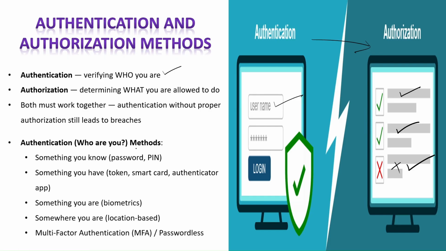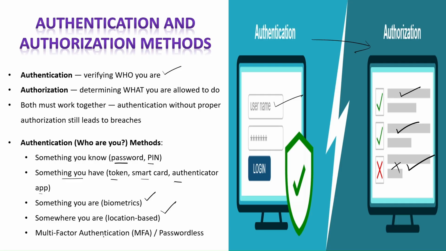So authentication methods. Authentication is verifying the user identity. There are multiple authentication methods such as something you know. These include the password and PIN, something you have, such as token, smart card, and authenticator app usually on your smartphone, something you are, such as your biometric, your fingerprint, your facial recognition, and somewhere you are, which is location